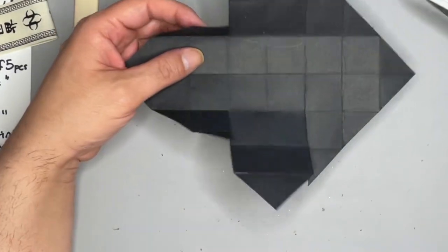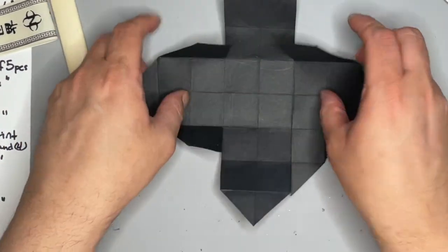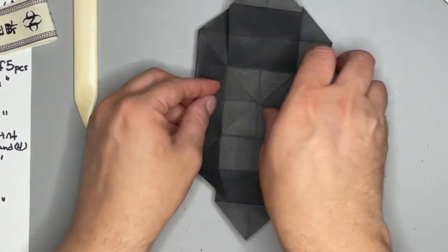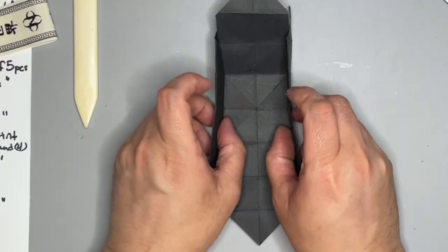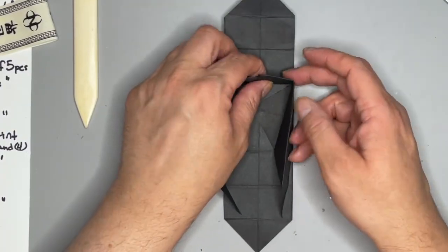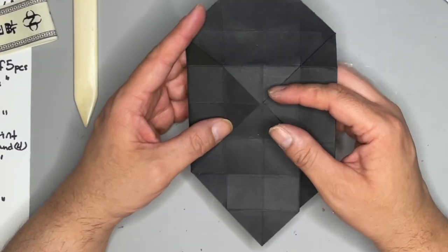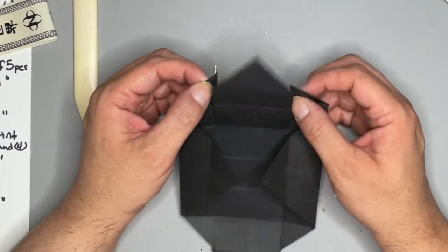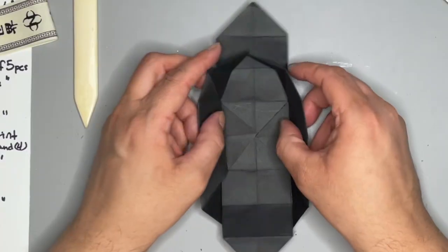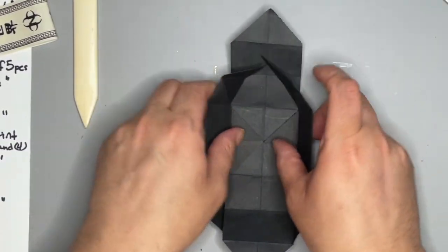All right, so there you go. So when these are folded in, you see that's going to build these 2 sides, and then these 2 bits are going to come in here. Okay. Now, I've seen where people trim these tips off on each side. I don't think it's necessary, so I'm just going to go ahead and show you how I do this. All right, so